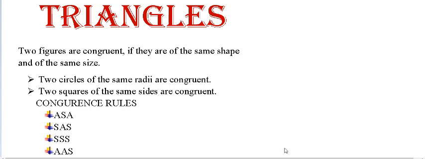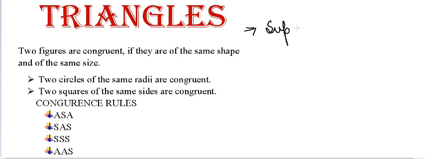What is congruency? Congruency is defined as something similar. If I say two objects are congruent, it means their shape as well as their size are the same. Two figures are congruent if they are of the same shape and the same size. Similarly, this applies to all objects, as well as triangles, rectangles, any object. So, two circles of the same radius are congruent. Two squares of the same sides are congruent,